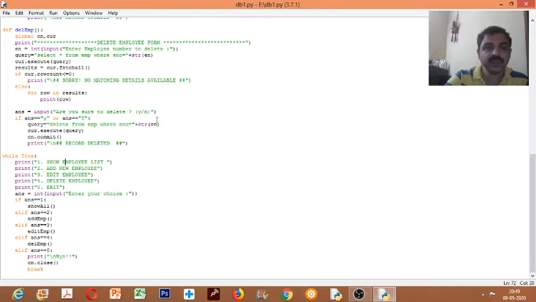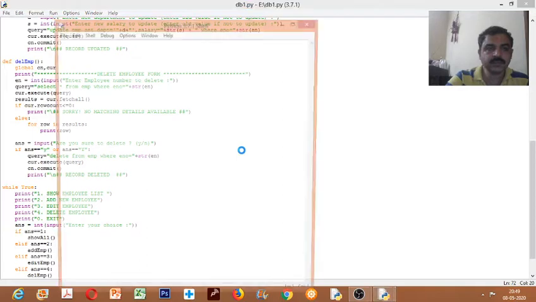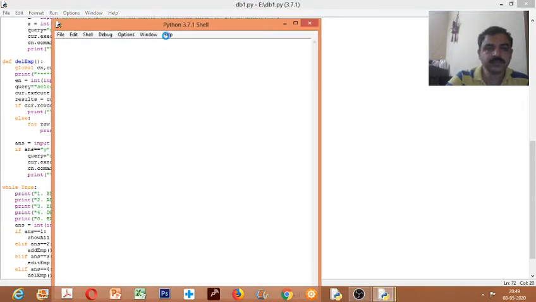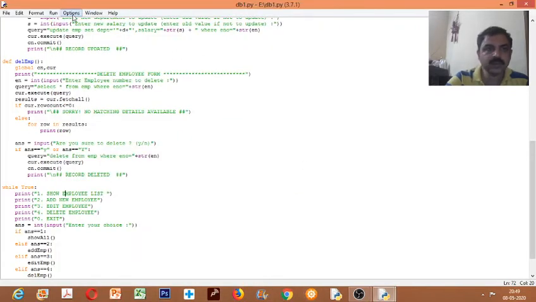Any program you do, most of the things will be based on these four operations. So we'll see how it runs. If you run the program, there is something wrong with it.